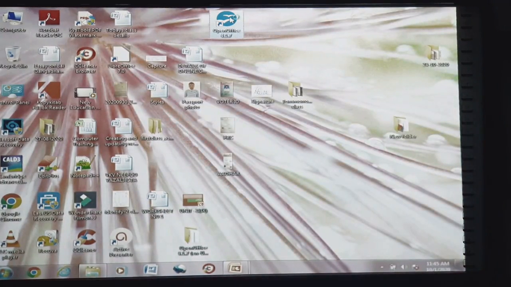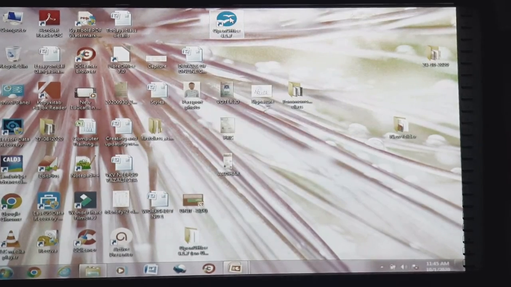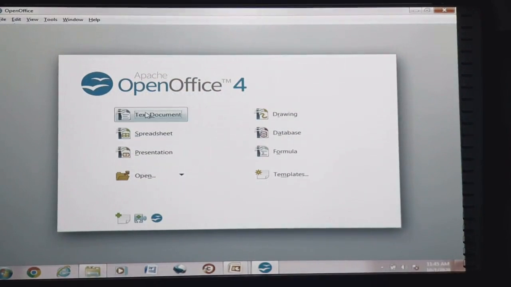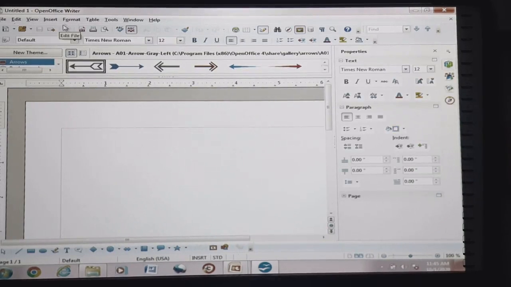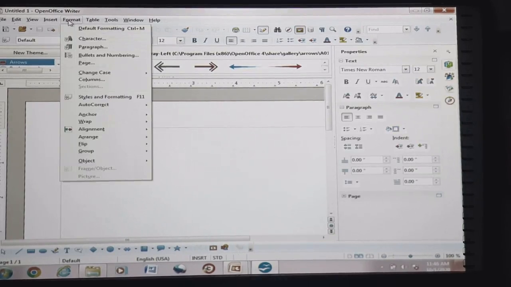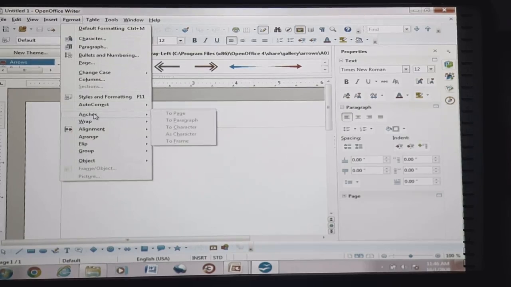This is OpenOffice. So here go to the format option, click, and from the format option, see, four options are there which I have just discussed: anchor, wrap, alignment, arrangement.